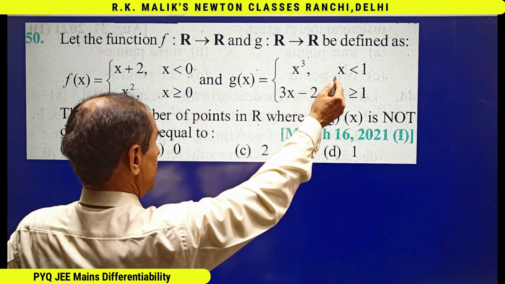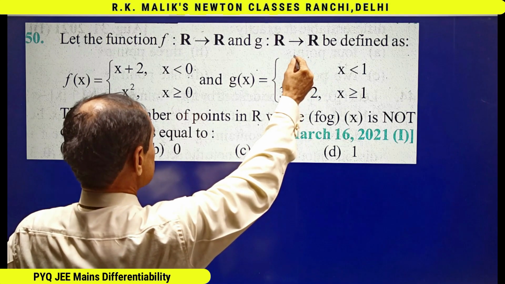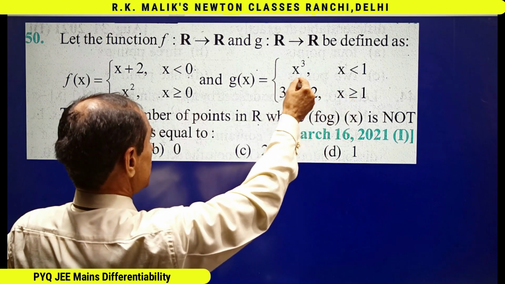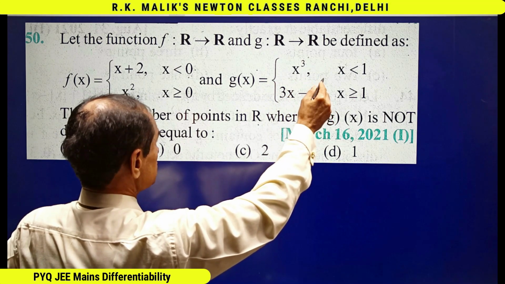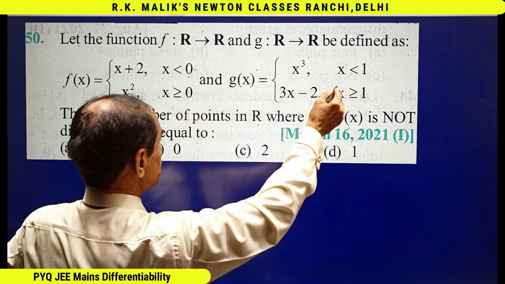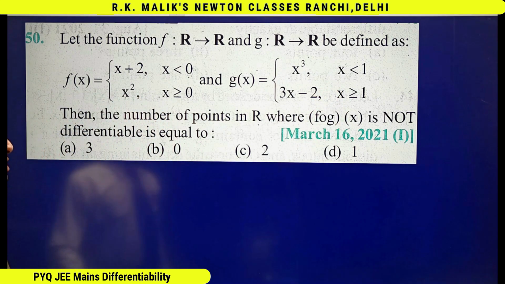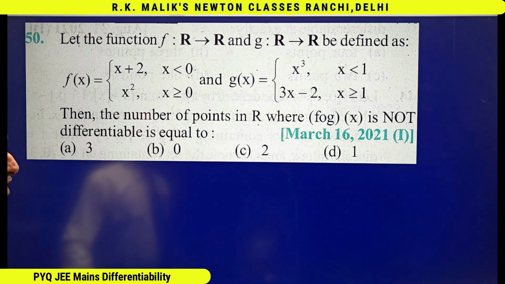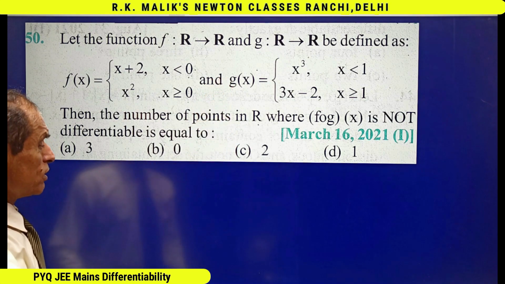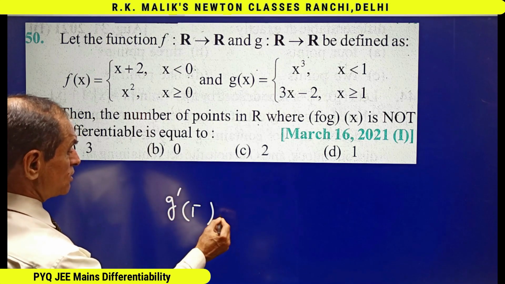It's clear that for x less than 1, it is a polynomial, hence always continuous, always differentiable. For x greater than 1, again a polynomial, hence always continuous, always differentiable. And at 1, it is clearly continuous, but non-differentiability, if it is there, can only be possible at 1. Therefore, to check the differentiability at 1, I'll be using the shortcut way. If you don't know it, then you must see my video lecture on differentiability of JEE level. Presently, the left hand derivative of g(x) at x equal to 1, that is g'(1-), is equal to